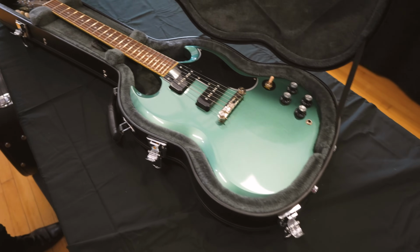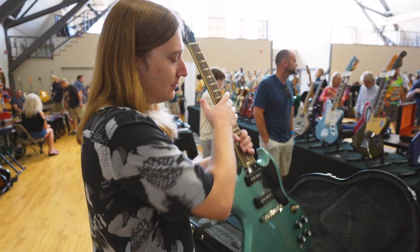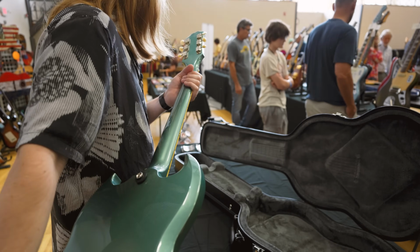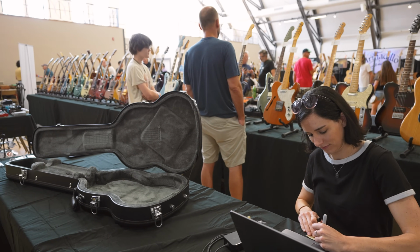Here we have an Epiphone SG Special. This is one of the newer ones in a very cool Pelham Blue finish. P90s, I like it. Very clean, and they upgraded it to a hard case, so that is very good. This one is from 2021, so only a couple years old. Honestly, I'm just gonna put this on the stand over there and sell it very cheap if some kid wants it. I don't really need